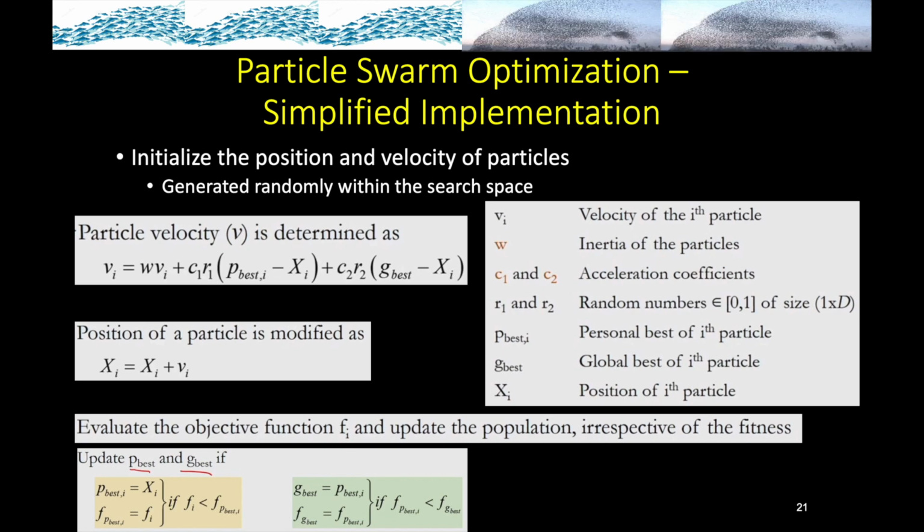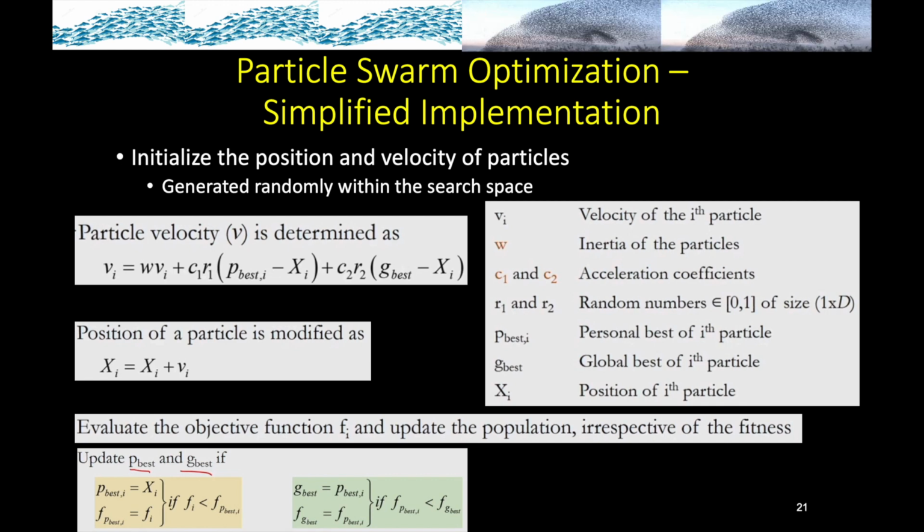And the objective function fi will actually help you evaluate your p-best and compare your previous p-best and your current p-best. That is all that is mentioned in this particular equation. In the second part, of course, you want to compare g-best, and the same rule applies as well. So if your personal best now is better than the global best, you will update the global best. But if your personal best is not better than the global best, then you simply don't update the global best